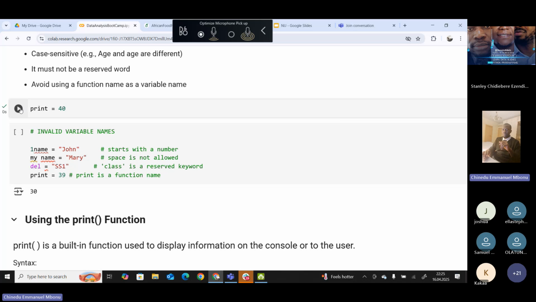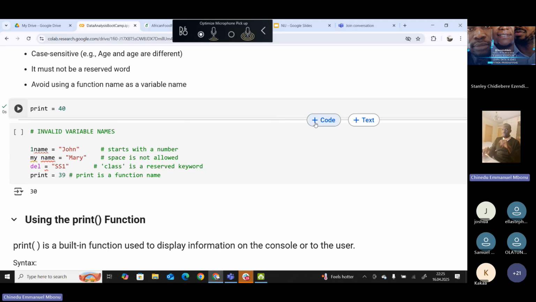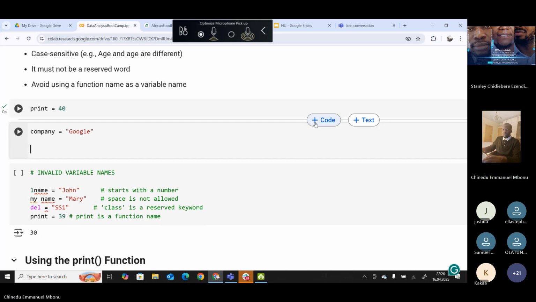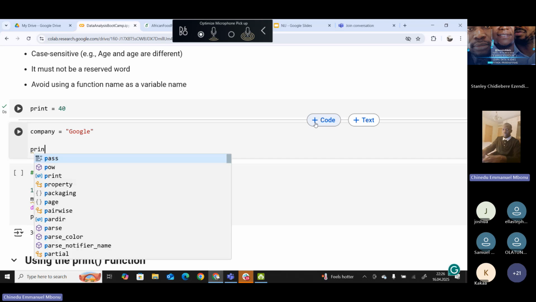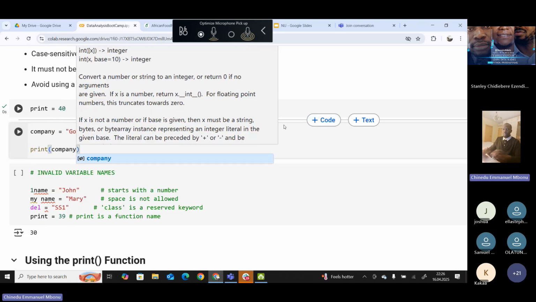For example, we have assigned 40 to print. So if we have another code where we say company equals maybe Google, and we ask the computer to print company for us,